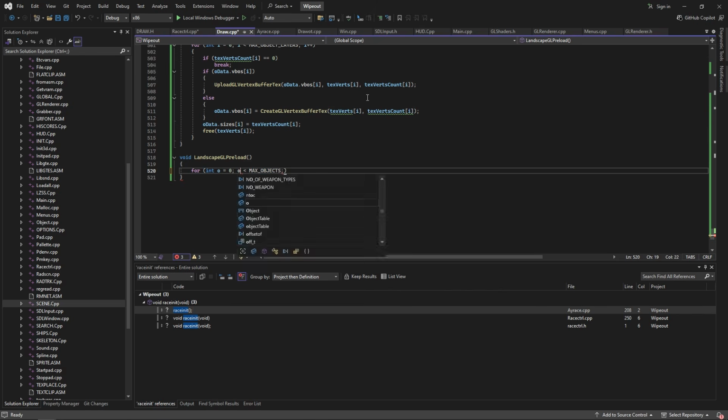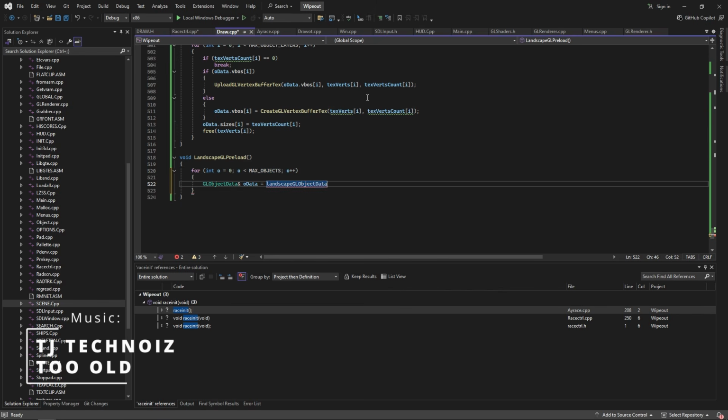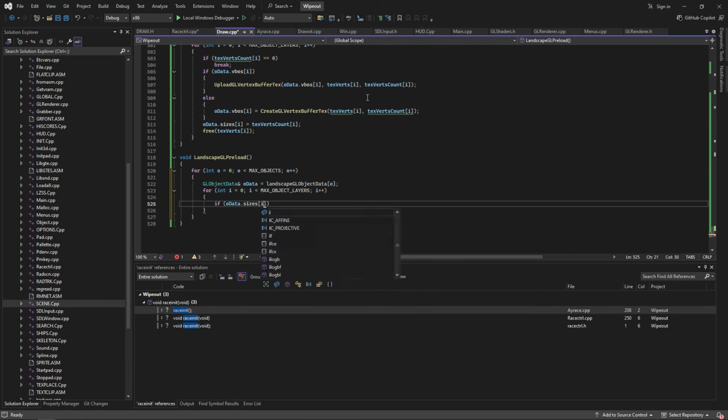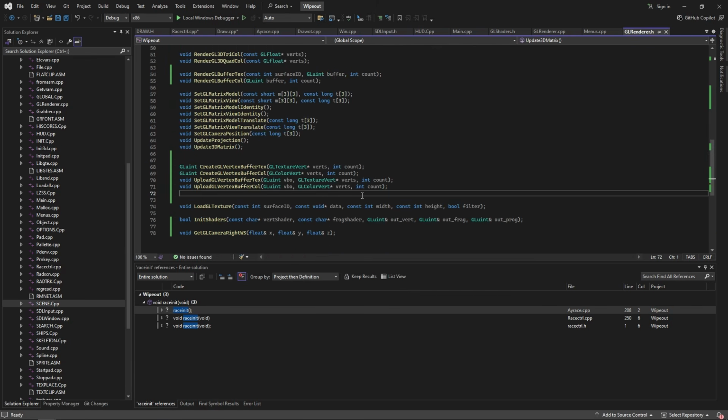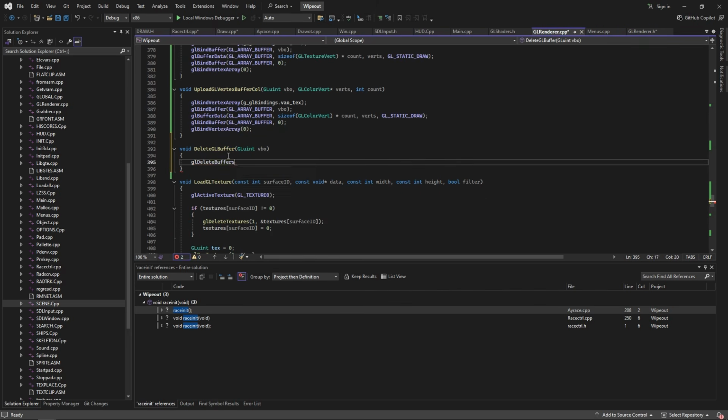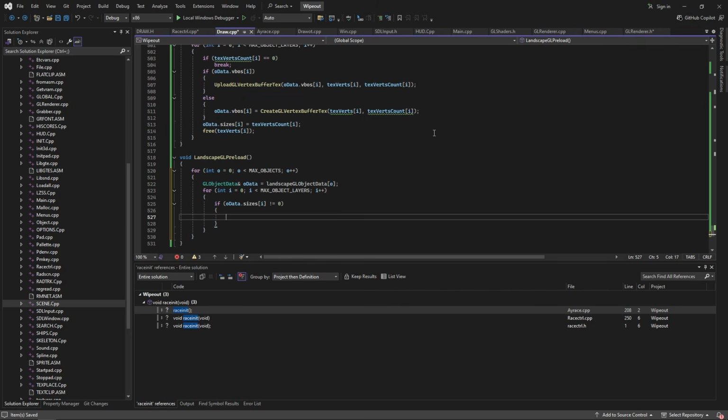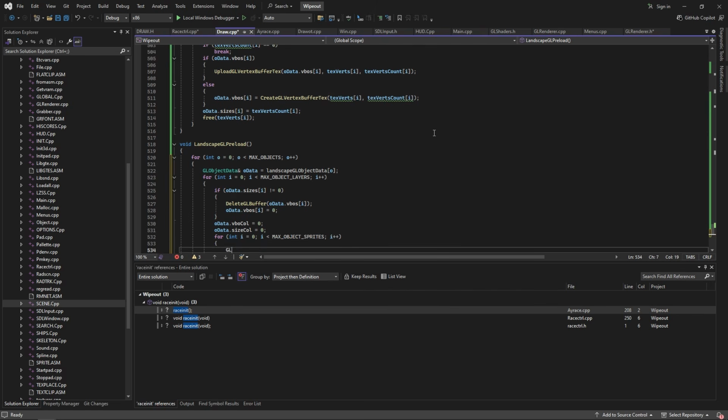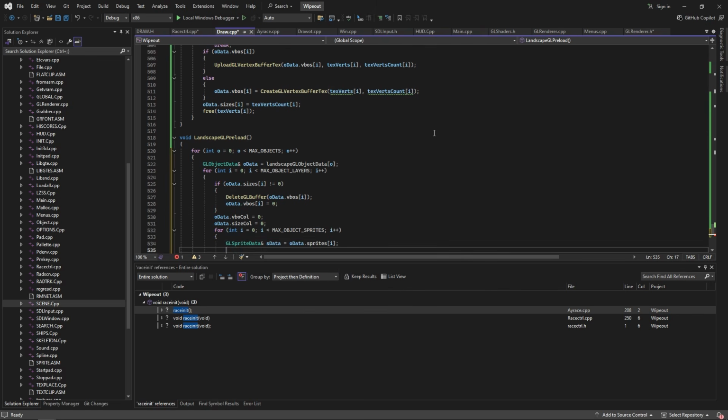We will iterate over all the objects, and if the object doesn't exist, we should remove any previously created VBO. This requires one more function in our renderer, which simply deletes a VBO. We do this in case we had already loaded one track. Once we load a second one, we can reuse the VBOs and just replace their data, but we have to clear up any which are left over. We also clear up the colored vertex and sprite data here. On second glance, we should also delete the colored vertex VBO here, but that will be left as an exercise